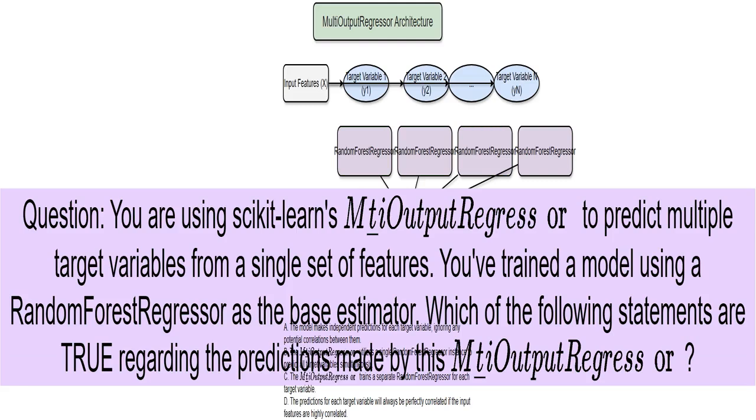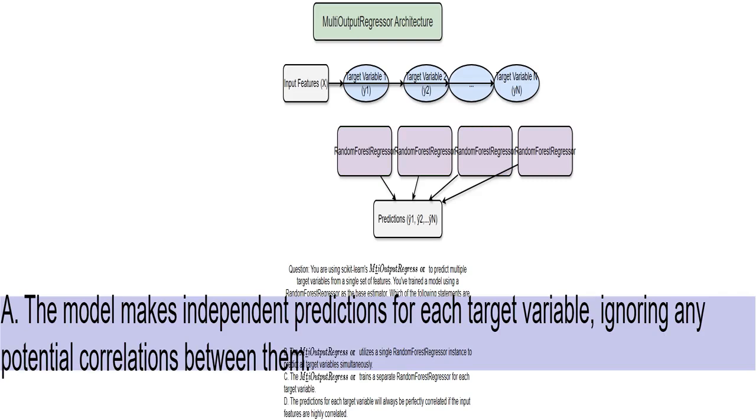This is our quiz question. It tests your understanding of how the multioutputRegressor in scikit-learn works, specifically when multiple target variables are involved, and how it uses the randomforestregressor. Option A suggests that each target variable is predicted separately, without considering how they might relate to each other. Is that how the